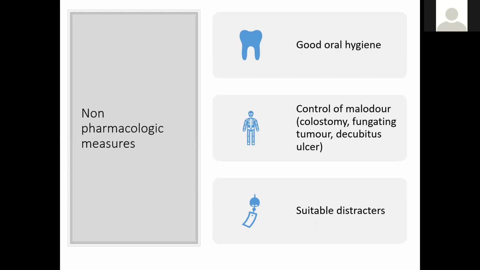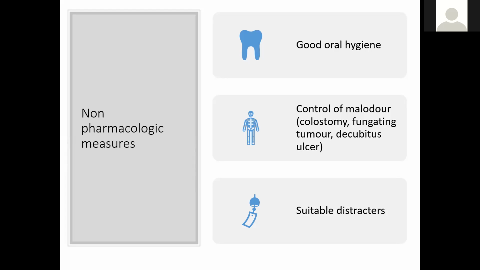Again, good oral hygiene. Any symptoms, I say including pain, it's a very good practice, and a very important practice, to look at the oral cavity. Because any signs of oral thrush itself might be the single reason for nausea and vomiting. So good oral hygiene is a very important thing. And suppose a patient is vomiting continuously, we should definitely check the oral cavity to see whether he is dehydrated. So check the oral cavity when the patient is telling all these symptoms.